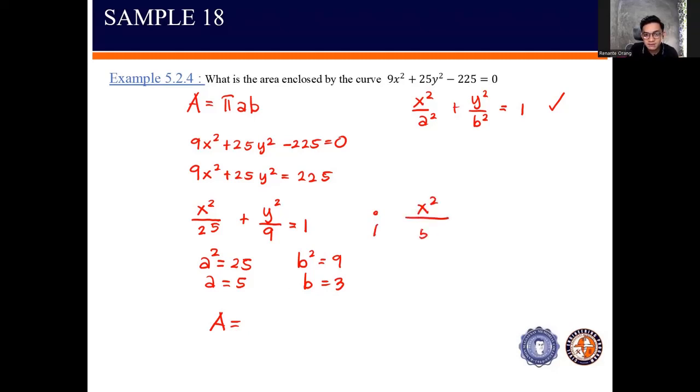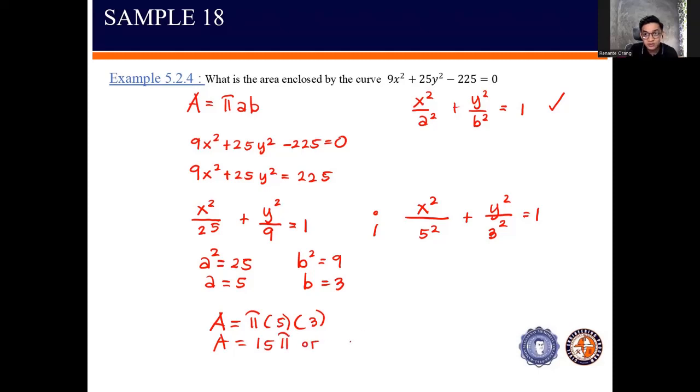This is x squared over 5 squared plus y squared over 3 squared. Ayan, para kompleto talaga. Is equivalent to 1. So, A is equivalent to pi. Ang A po natin is 5 multiplied by our B, which is 3, which is equivalent to an area of 5 times 3 is 15 pi, or